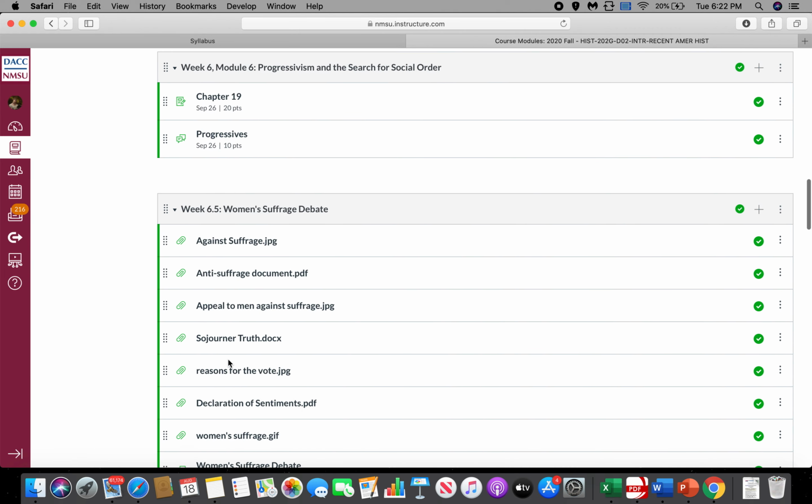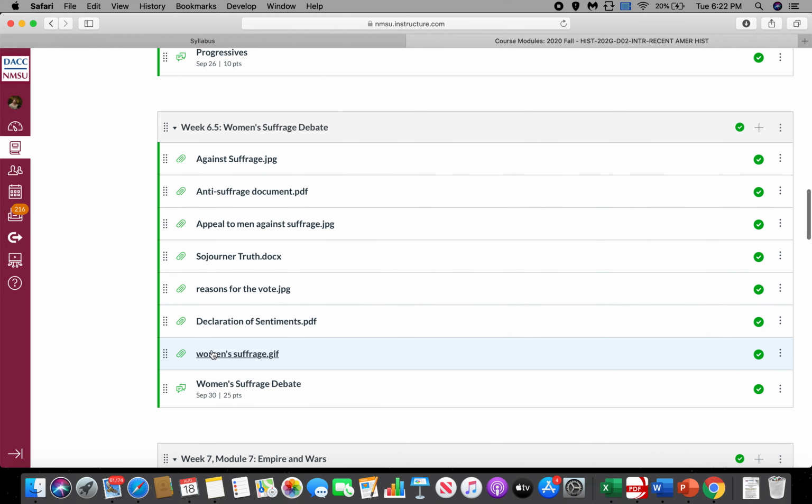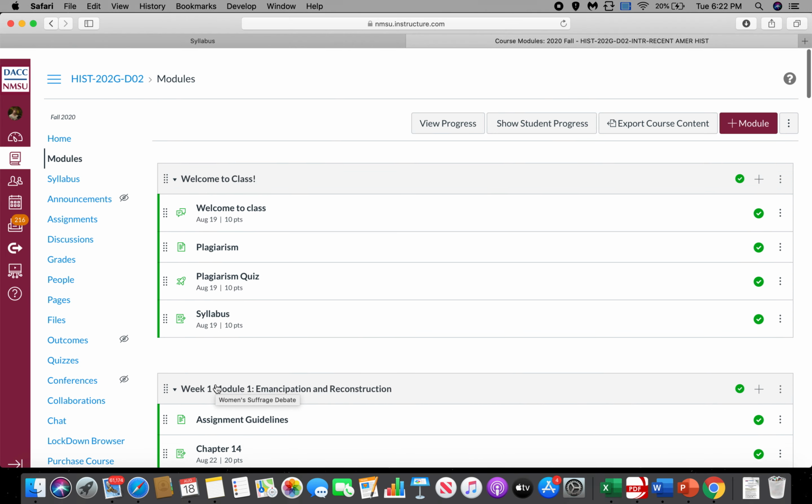Like I say, this half-week assignment, it looks like there's a lot of stuff, but really this is all just one assignment. These are just the readings for it. So these are required readings that are available on Canvas, and you have to read all of them, and they all relate to this assignment here.